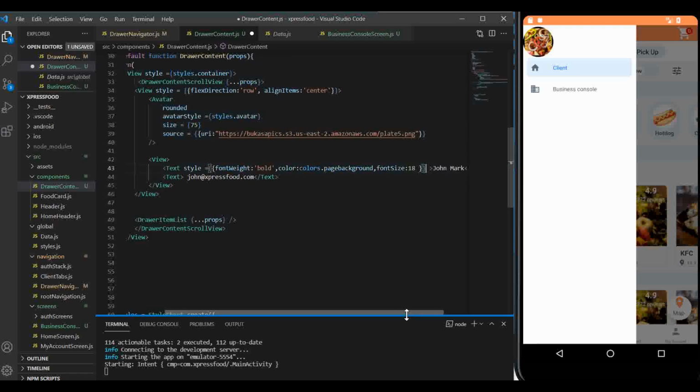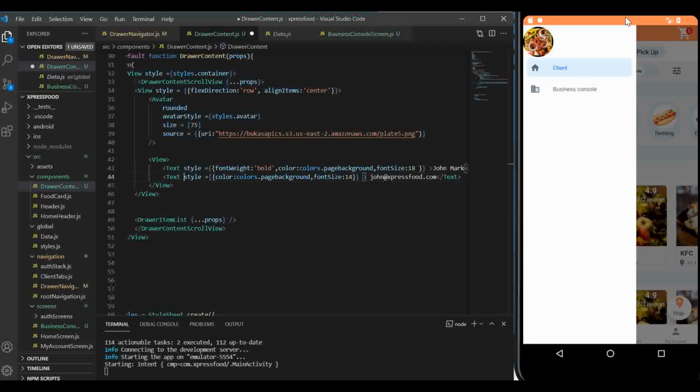That's the styles which I've pasted. I'm also going to paste another style for the email address. You can pause the video and type those styles which I've just pasted,